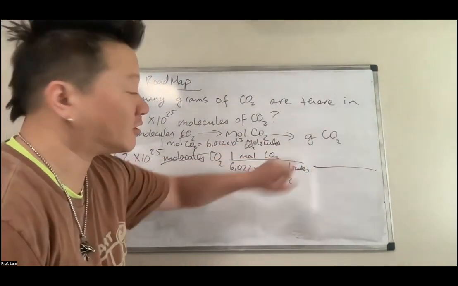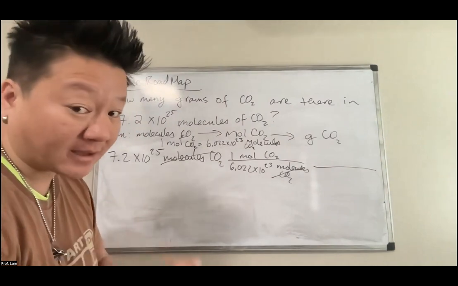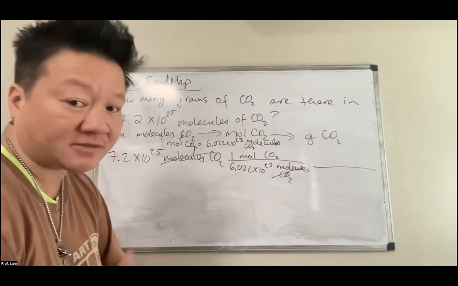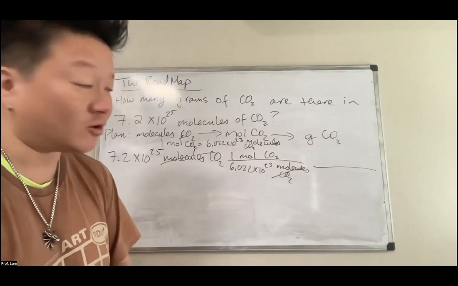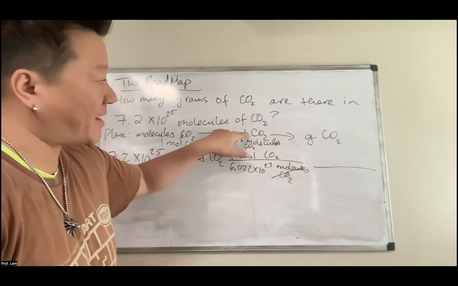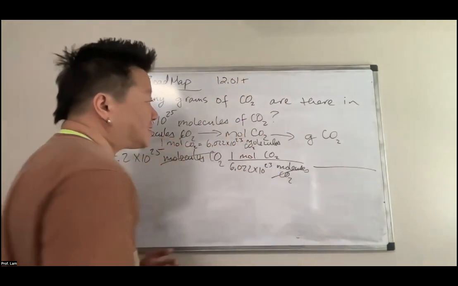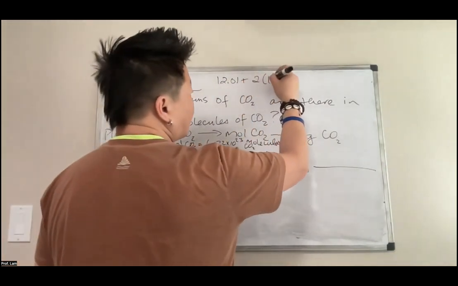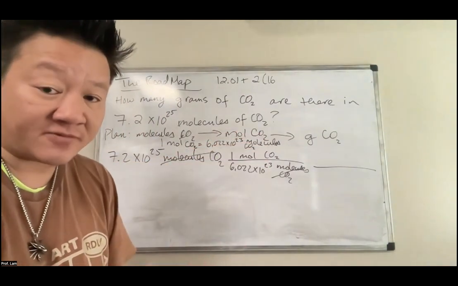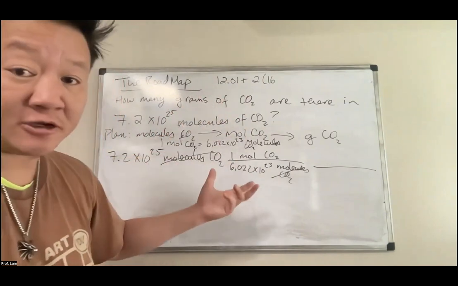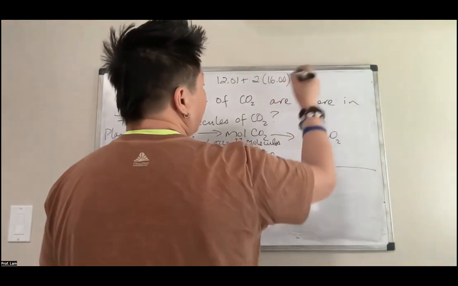And then one last step, right? Next step is going from mole to grams. We need a true statement for that one, right? How do you go between moles and grams, everybody? Molar mass, right? The mass in 1 mole. Where do you find molar mass? Periodic table. Okay. Now for CO2, it's quite easy to find the molar mass. You know that the mass of one carbon atom is 12.01, right? Okay. Plus you need 2 times the mass of oxygen. Okay, so you have all the masses of each individual atom. If you add up all the masses of all the individual atoms, you'll get the mass of the whole molecule, right? So 2 times 16.00, we're going to get